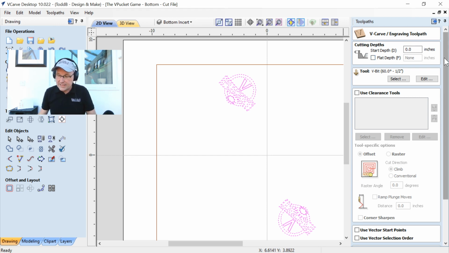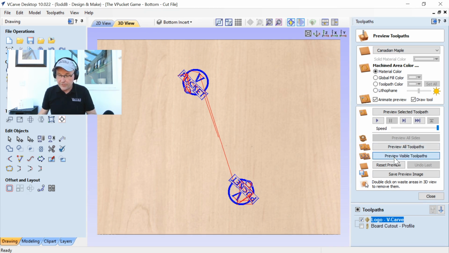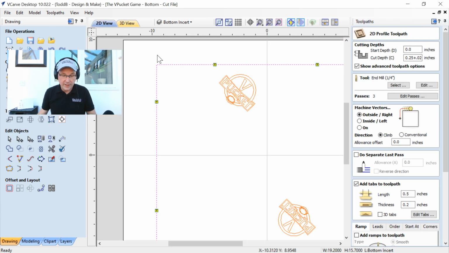But it's a very basic V-carving tool path. Nothing special. Just cutting it right into the surface. Calculate that. We can preview that visible tool path, and that's it. It's not too fancy. The second tool path is going to be our board cutout, which is just the board,